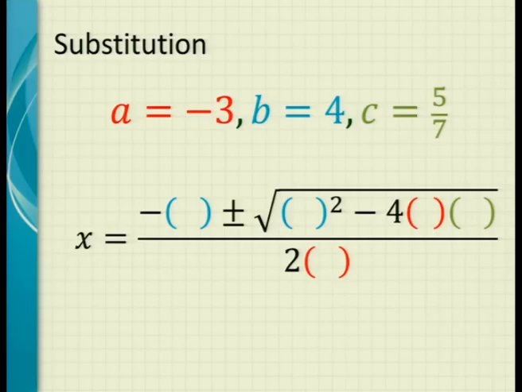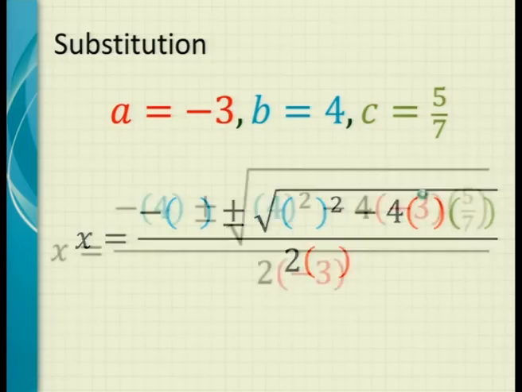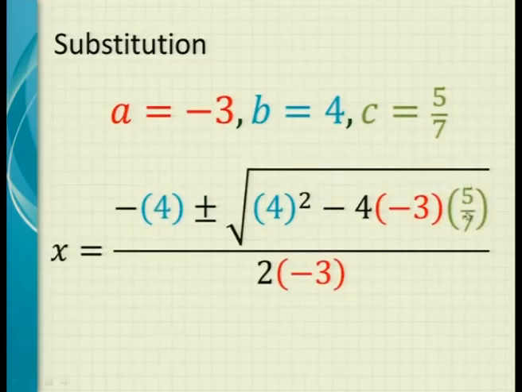Okay, let's see how you've done. We take the 4 and put it inside the blue ones, the minus 3 in the red ones, and the 5 over 7 in the green one. You see the 4 there, the minus 3 there, minus 3 here, 5 over 7 there. Use the brackets, replace the exact value that you get there. And I'll show you in the next lesson how to get the answer. Let's take one more.